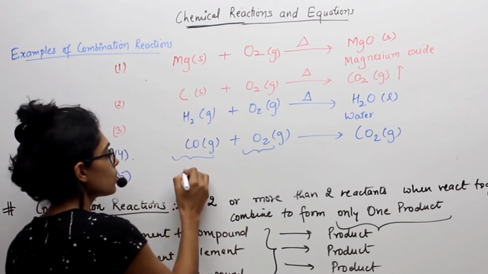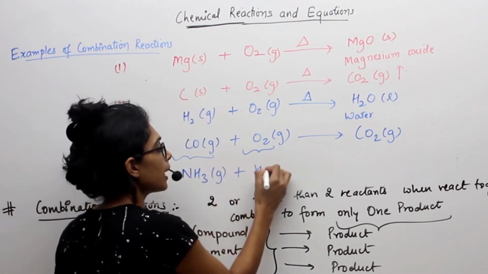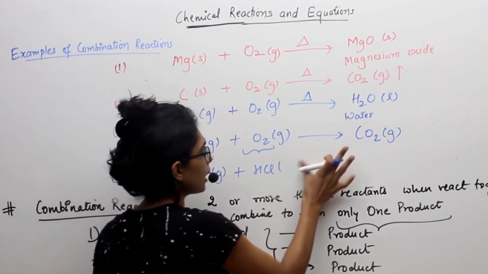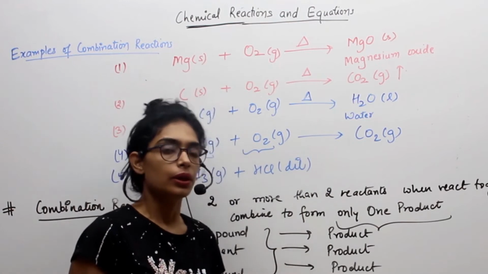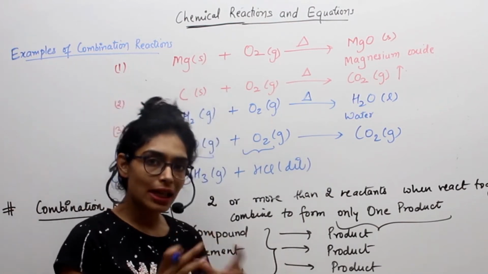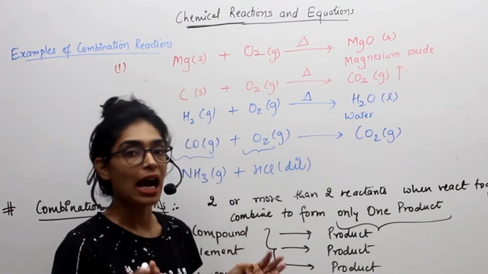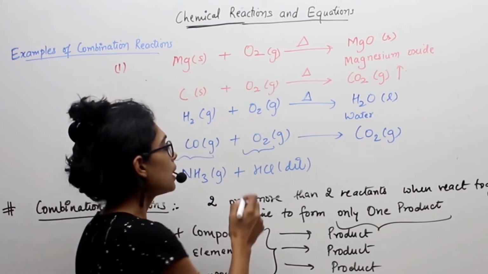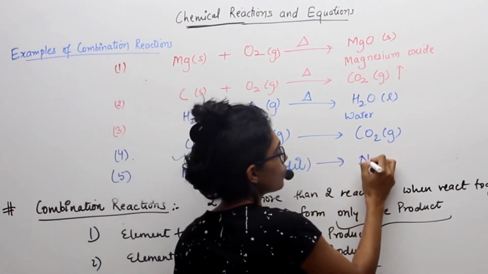one single compound. So if you take NH3 gas plus HCl liquid or aqueous or dilute. Aqueous means dissolved in water. Liquid means its state is liquid itself; basically, that compound itself can be liquid, not dissolved in water. And aqueous also means dilute, so aqueous and dilute are basically the same thing. Okay. So HCl and NH3 reacted together and formed NH4Cl